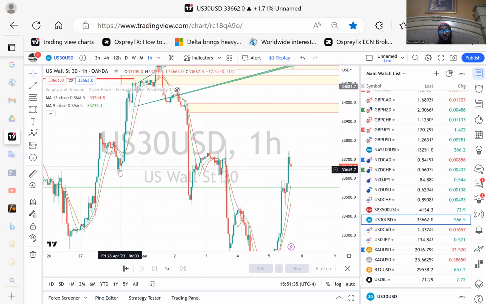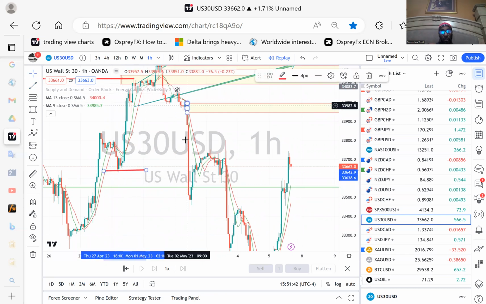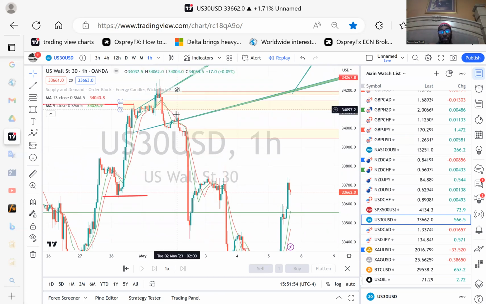Now, once you break structure, this is structure. Once this impulse move breaks structure, me as a trader, I want to see the pullback, right? And when this pulls back, I want this to pull back 78%. Here's the order block that sponsored this structure break. So I want to see price pull back 78%